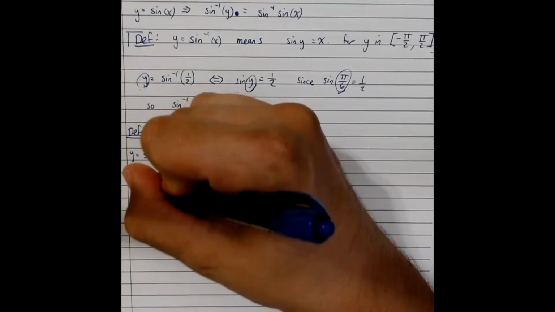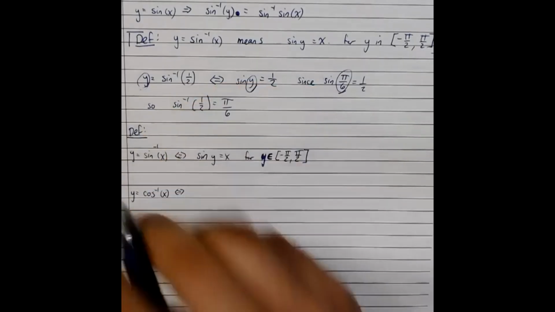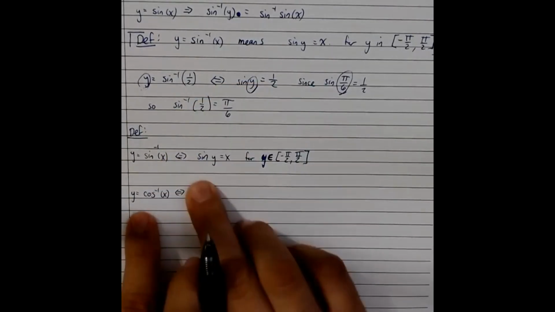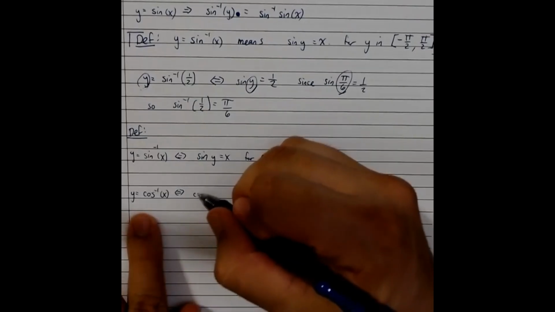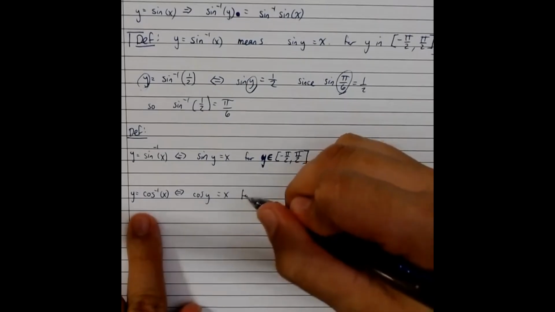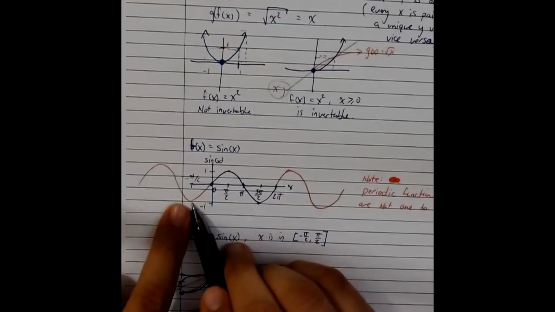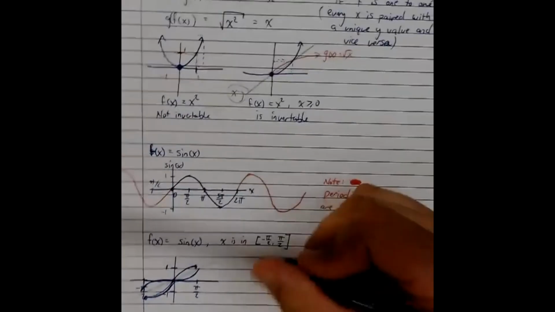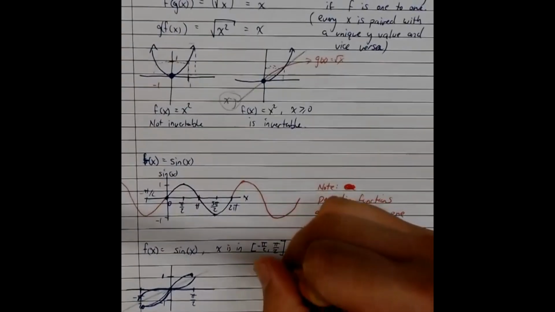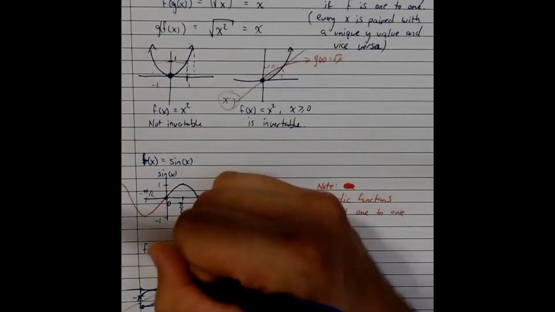Y is equal to the cosine inverse of x. And at this point, it takes no imagination to realize how we're going to define that. That's going to be the cosine of y is equal to x. For this one, we're going to have a restriction. For the sine function, we saw that the restriction that we wanted was the interval from negative pi over 2 to pi over 2. For the cosine function, it'll be a little bit different. I'm going to put that over here. For the cosine function,